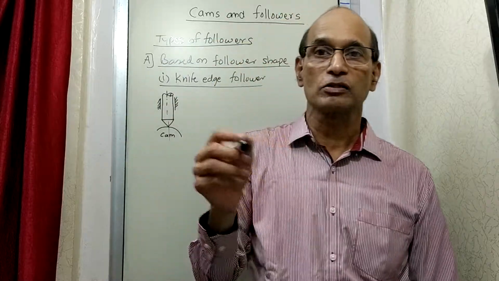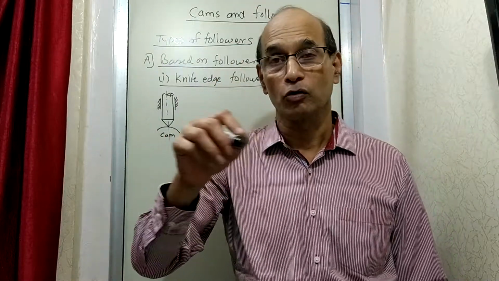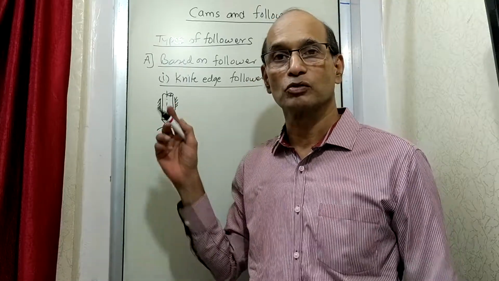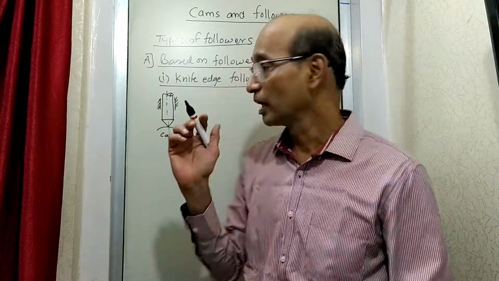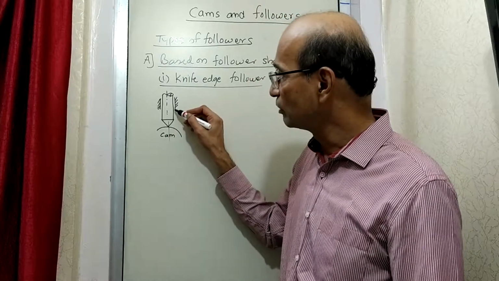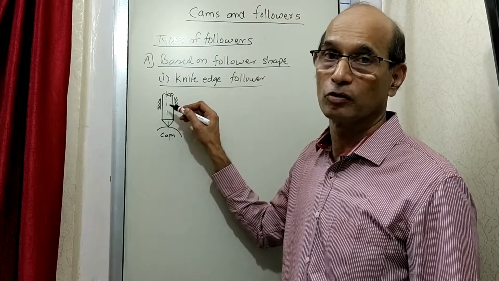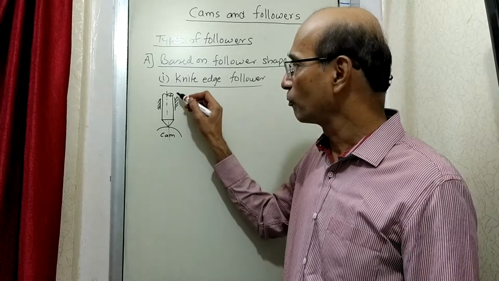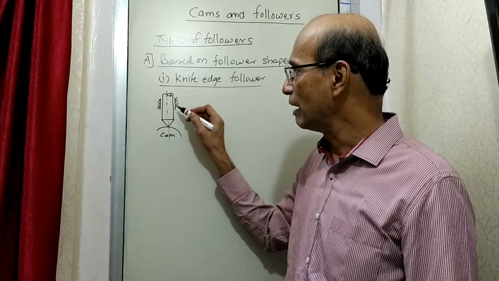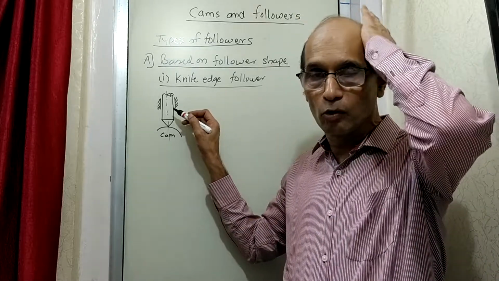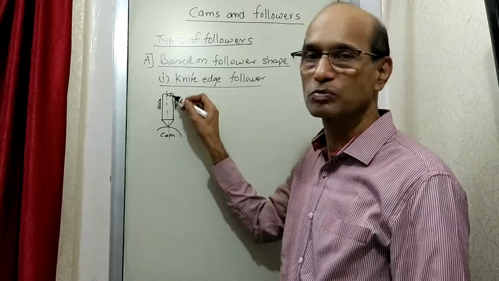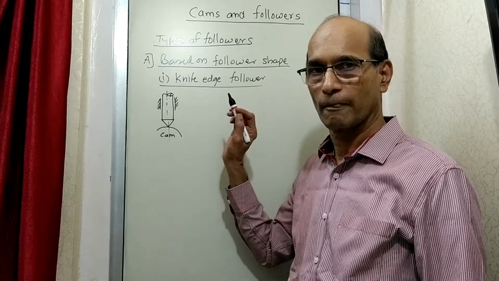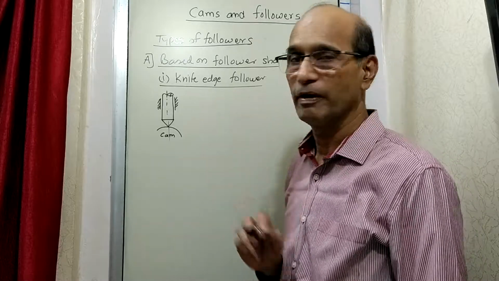If you remember in the case of gear train, we drew a gear. If you want to show that a gear is fixed, then you show such kind of lines touching the gear so that we know that gear is fixed. Now here this is not fixed. If you make this touch, then you will get the impression that this is fixed. It is not fixed, so we are showing some distance, and that distance also means that there is no friction. We are not talking about friction. It will be having ideal movement. So no friction anywhere. It is just moving smoothly within the support. So this convention you will see at many places we are using. Okay. So that was a knife edge follower.